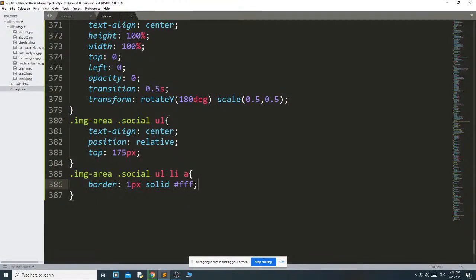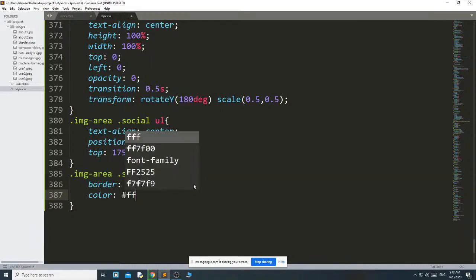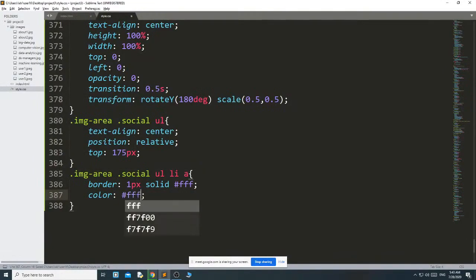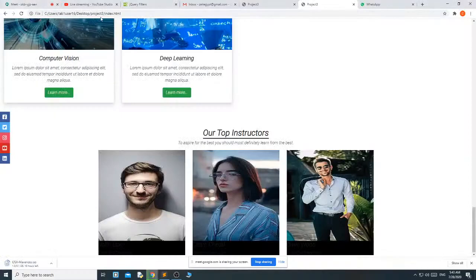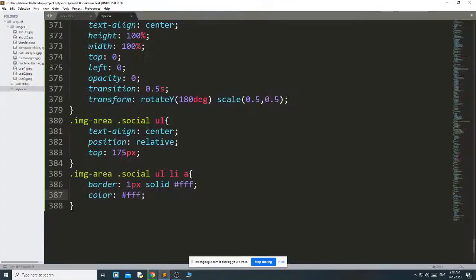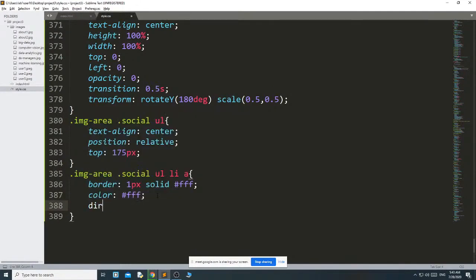Now color also white, this triple F. See, color also white. Then display block.